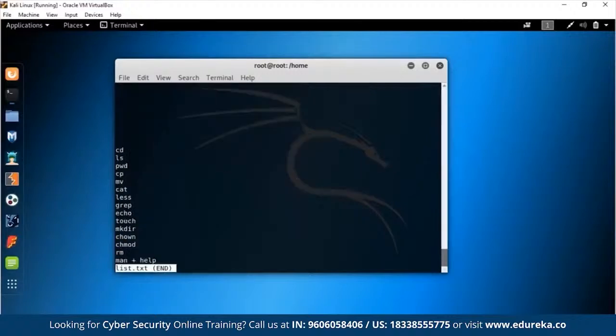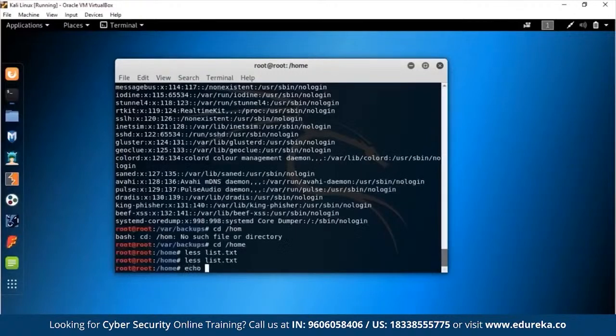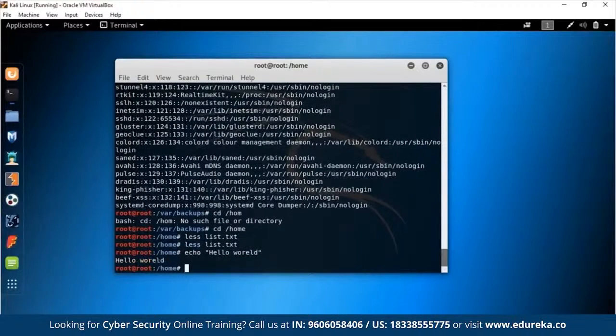So what is echo used for? Suppose you were to say echo and open quote hello world. It would basically do what the command says, and that is echo whatever you say. It will echo whatever you typed in the quotations, that is hello world. Now suppose you want to actually put this into a file.